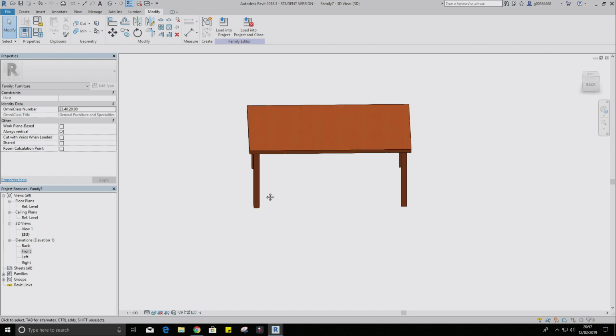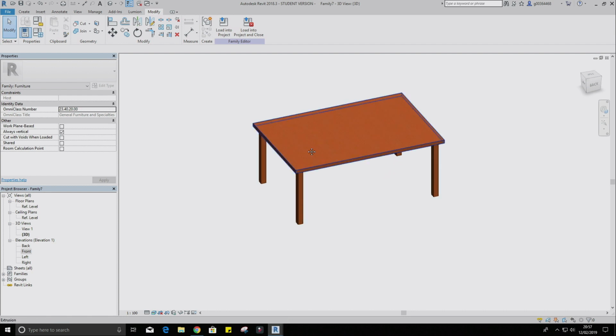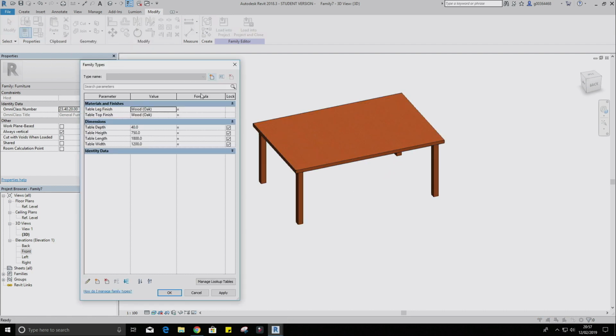Now, to set another type of family, go back into our family types, click this icon here for a new type. We'll call this oak 1800 by 1200, and click OK. Now, we want to create our glass coffee table. To do this, we go to New Type, call it Glass Coffee Table,